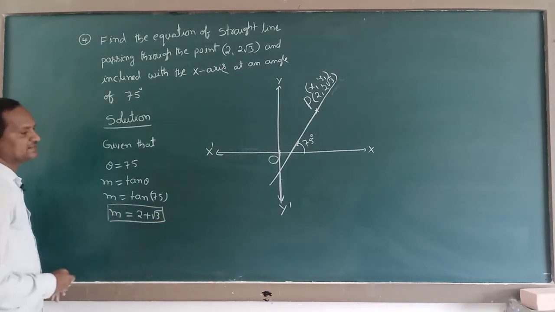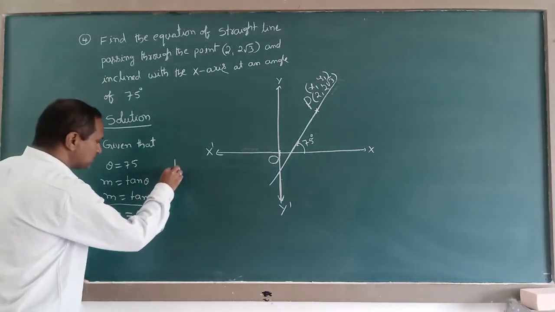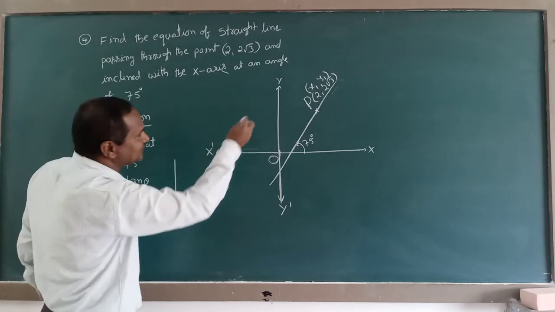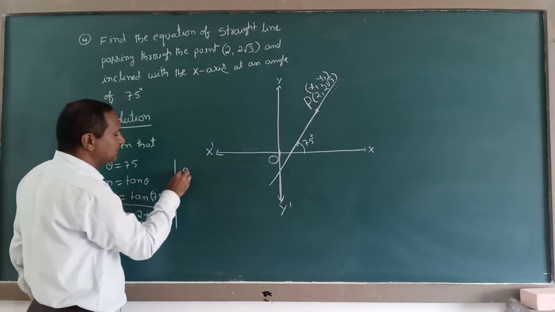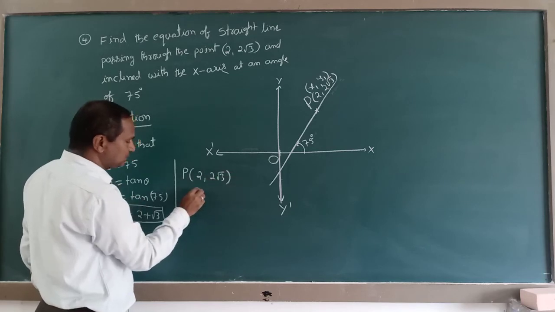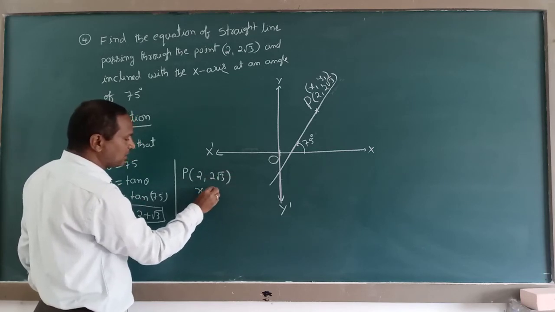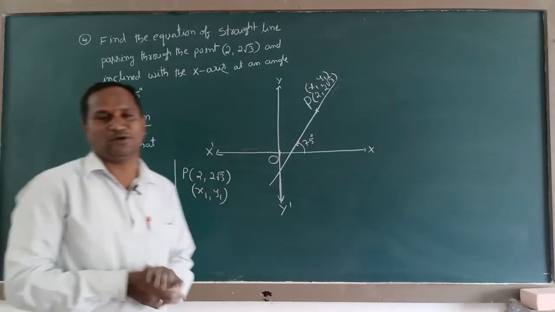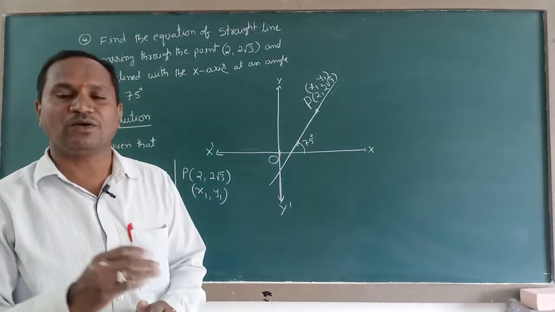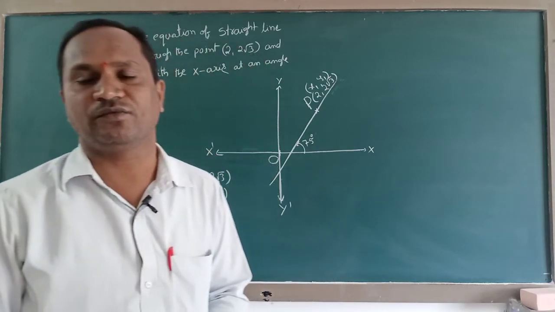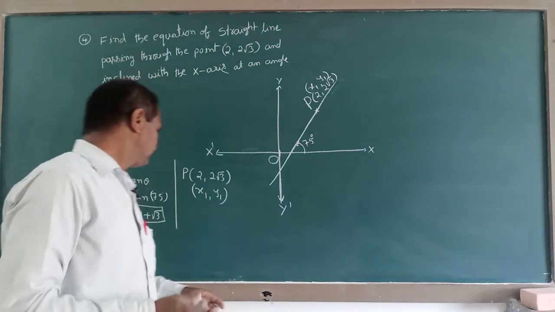This is the slope of the line segment. And it is also passing through the point they gave. What are the coordinates of the given point here? P is 2, 2 root 3. For that, you consider x1, y1 now. Now we have the slope and a point. If you know the slope and a point, we have to apply the slope point form of the equation of a straight line. That is